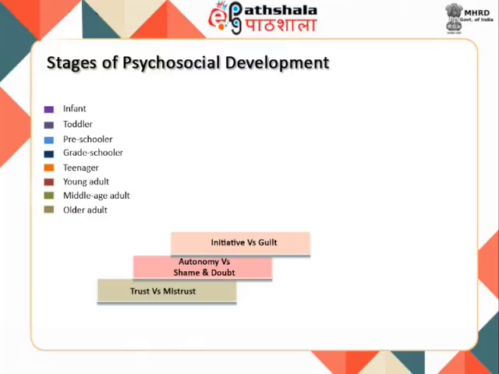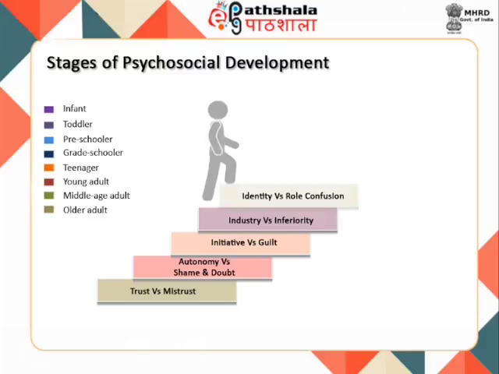Between 3 and 5 years of age, the child has developed several skills and is ready to learn to deal with the environment constructively. It discovers how the world works and realizes its capacity to have an effect on the world, whereas discouragement and criticism at this stage develops a sense of incompetence in the child. Stage 4: Industry versus inferiority. This stage between 6 and 12 years of age is characterized by a major crisis. Realistic expectation and goals at this stage leads to an enriched sense of self, whereas criticism, discouragement, or unrealistic expectation leads to the feeling of incompetence and insecurity.